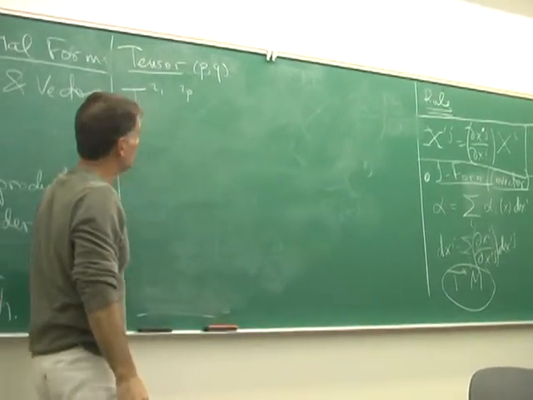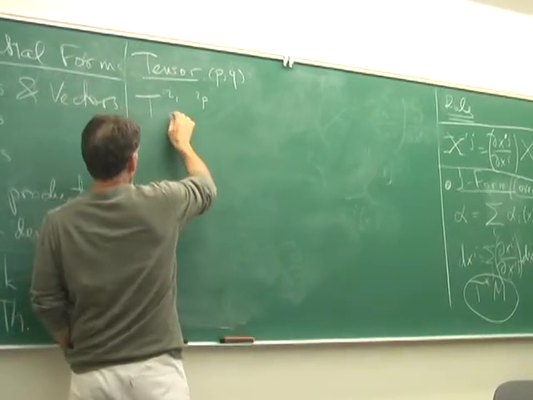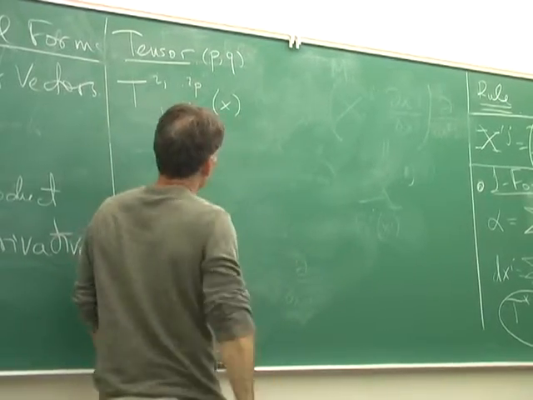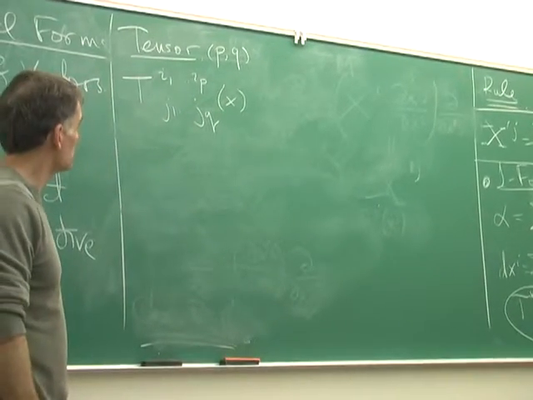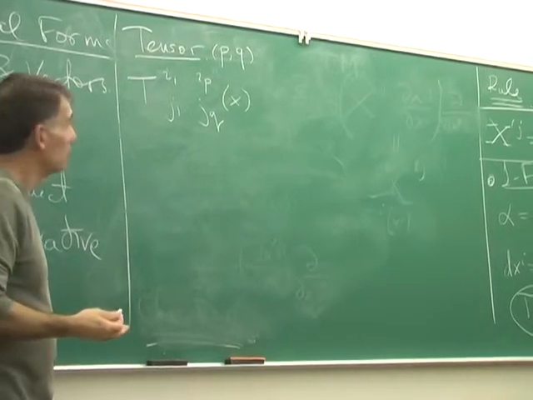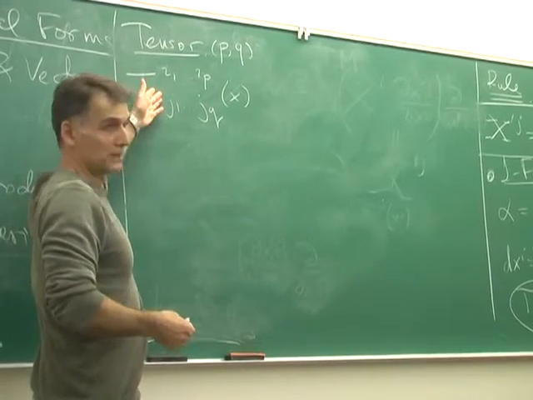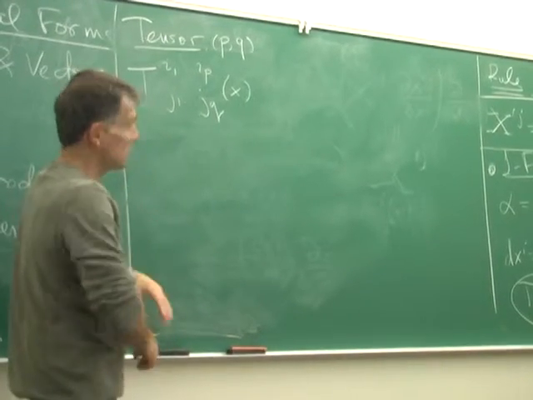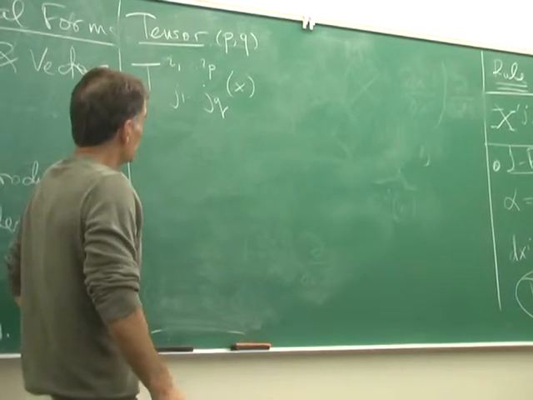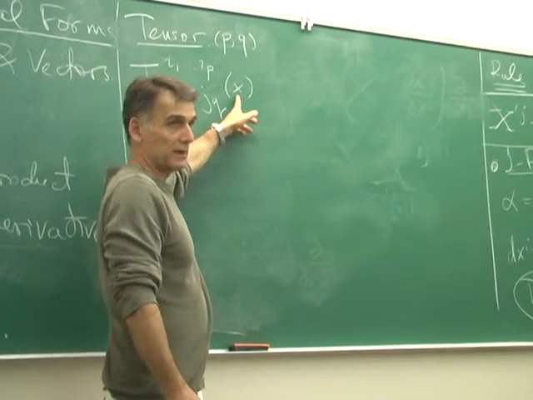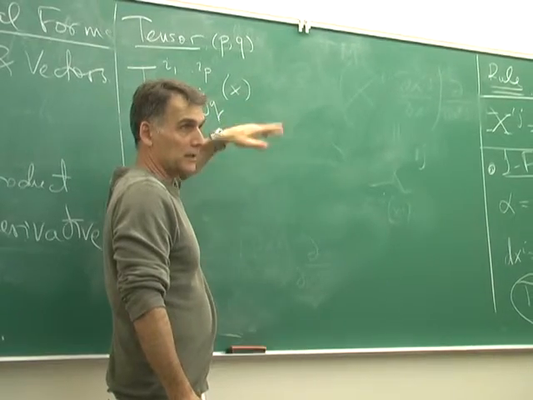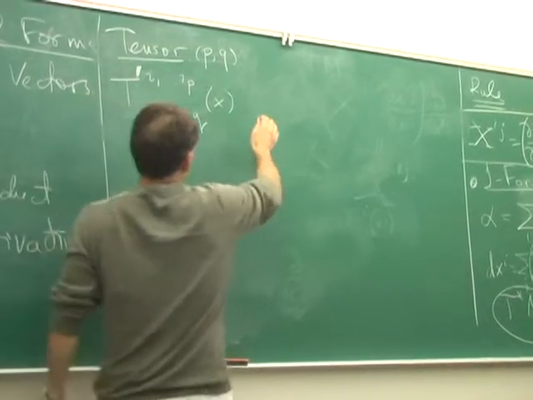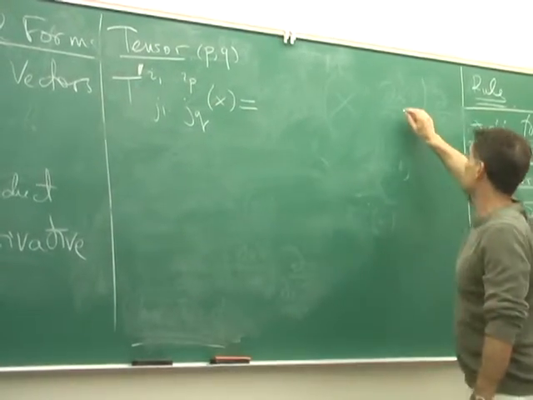P indices upstairs and Q indices downstairs. So a tensor is a geometric object which has those components. Each index goes from 1 to n, right? And there are that many of these indices, so there are that many components, which all depend on x; these are functions of x. And they have to transform, when you change variables, according to that rule,